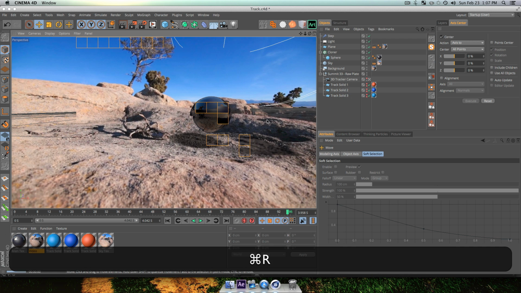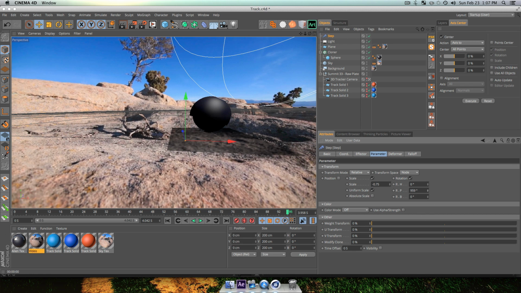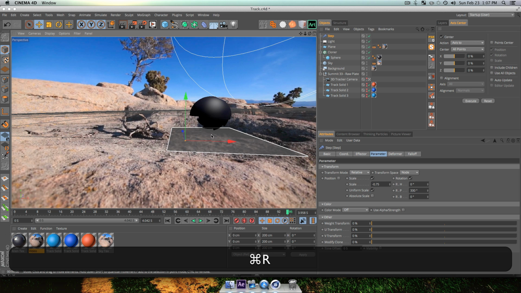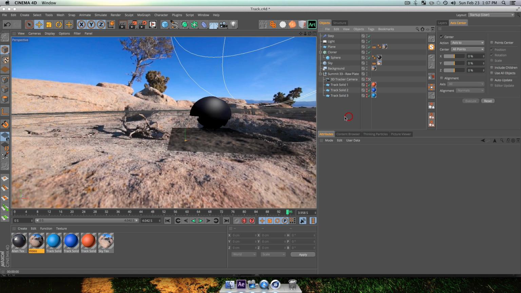Okay, so let's see if this is looking good. It looks great. So let's add a little bit of an animation to this and get this rolling. I'm going to turn my parameters down, not quite so much, maybe just to like 330. So we kind of have like a bug shell look to it, and that looks great.